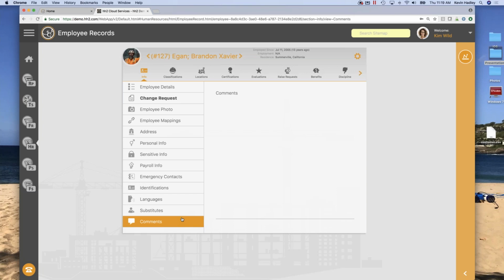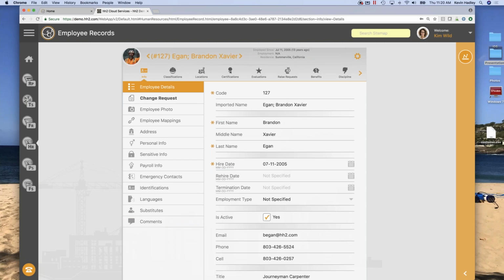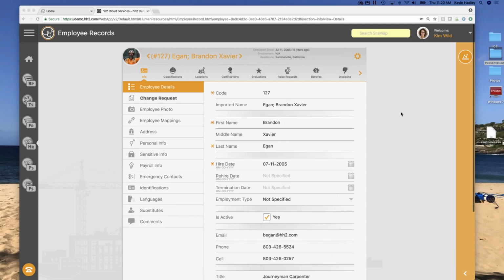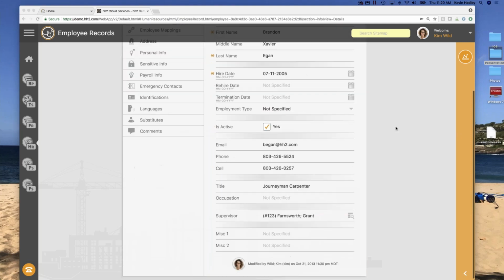So again, that's the employee information tab. Please remember that if I change any data in here, it'll sync back to Sage and vice versa, sync back up to hh2. So hopefully that helps and is very clear to everybody there. Again, please remember throughout the presentation, I'm more than happy to answer some of the questions that you might have. I love an interactive demo, so if you have those.